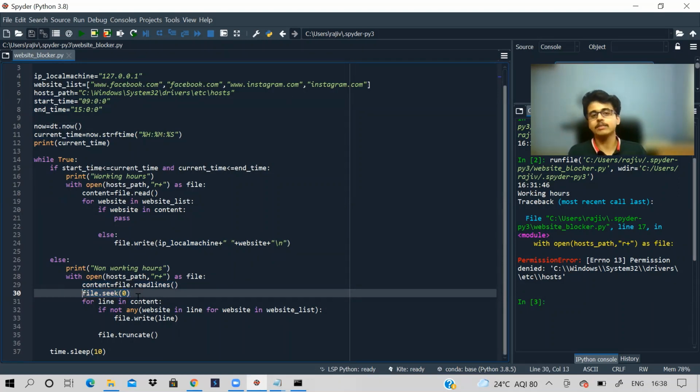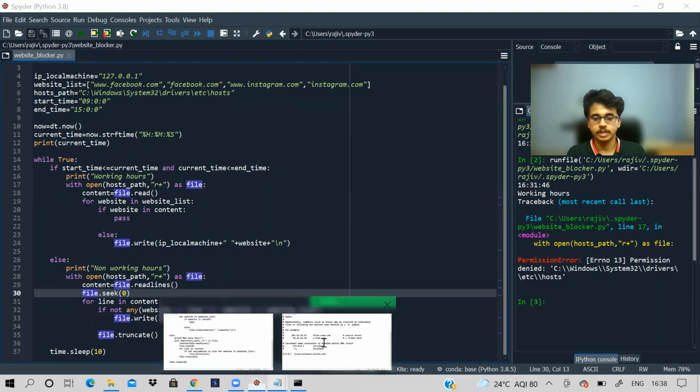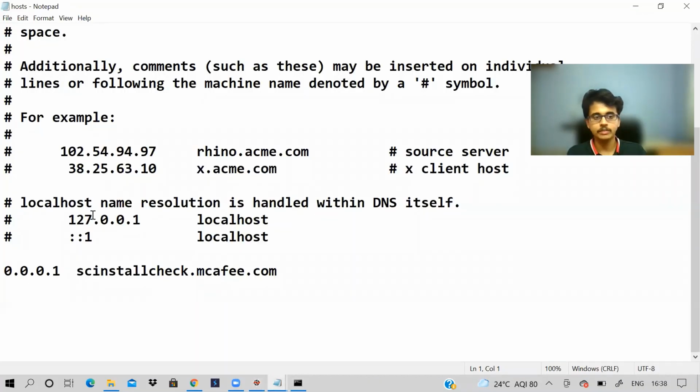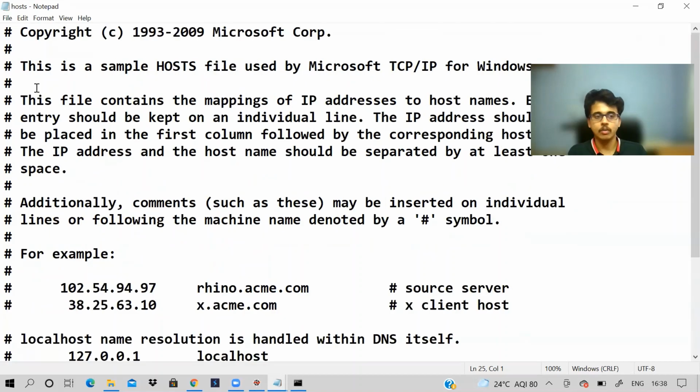If we don't, what will happen? The same thing will be added multiple times and our file size will become large, and our objective will not be achieved. So if we don't give seek, the same content will be printed from here. To avoid that, we use the seek method.